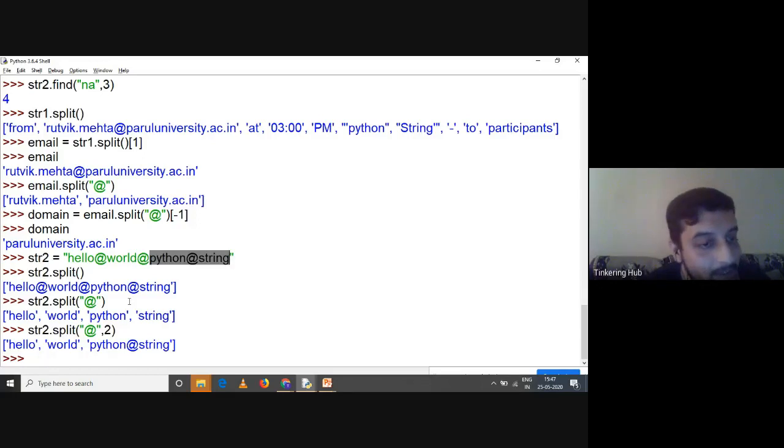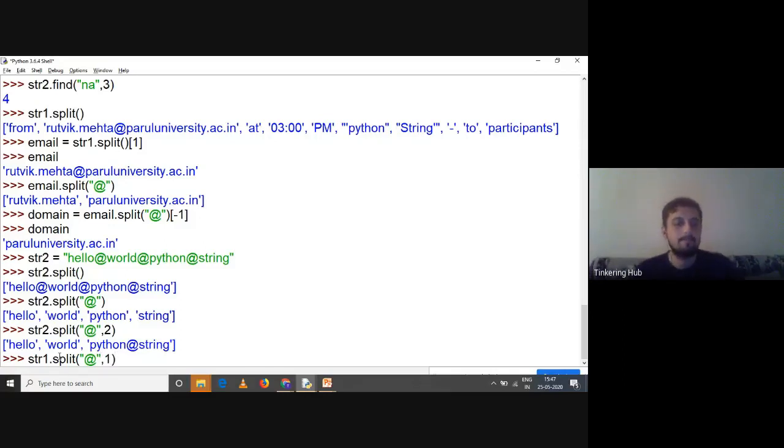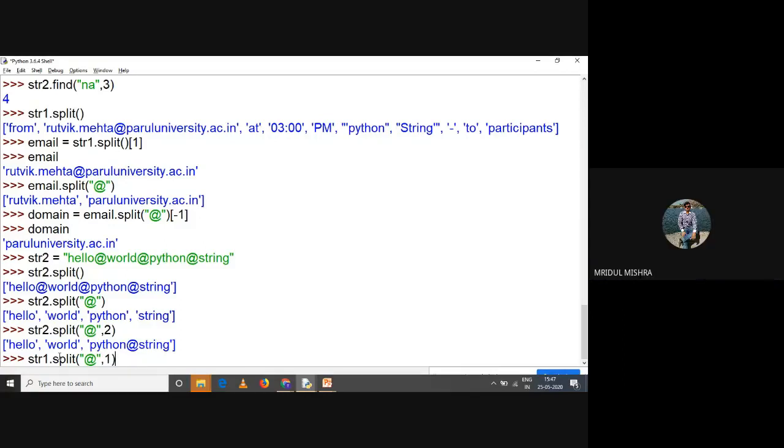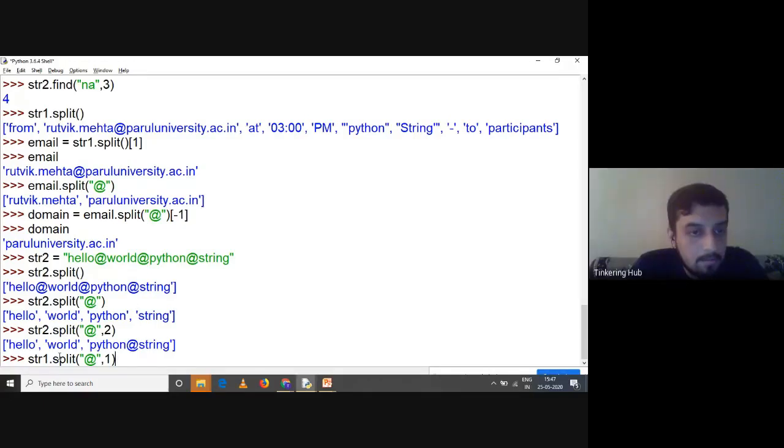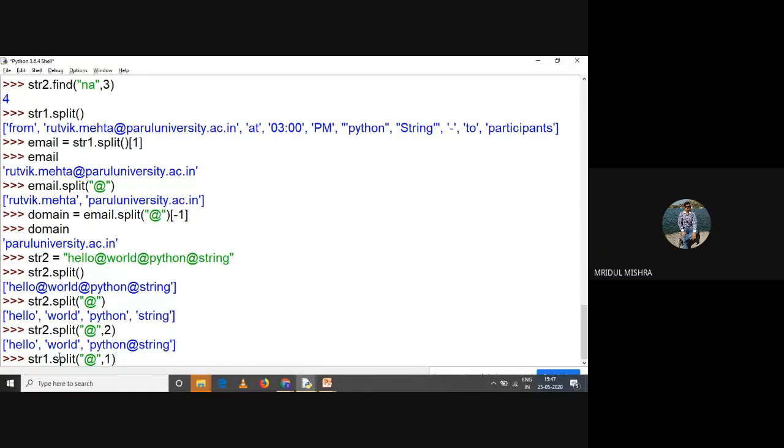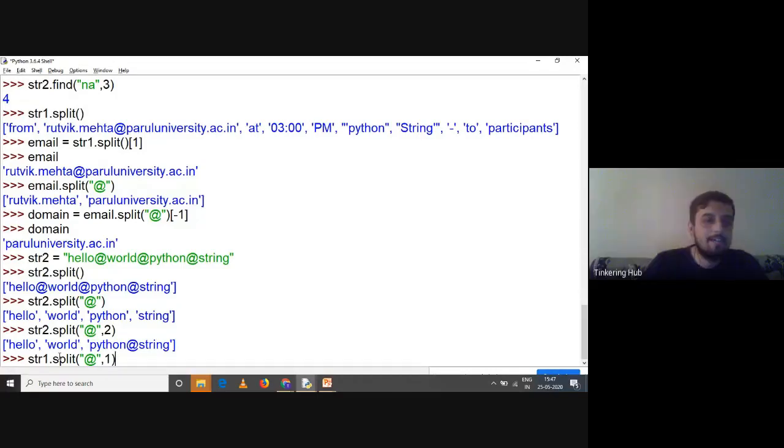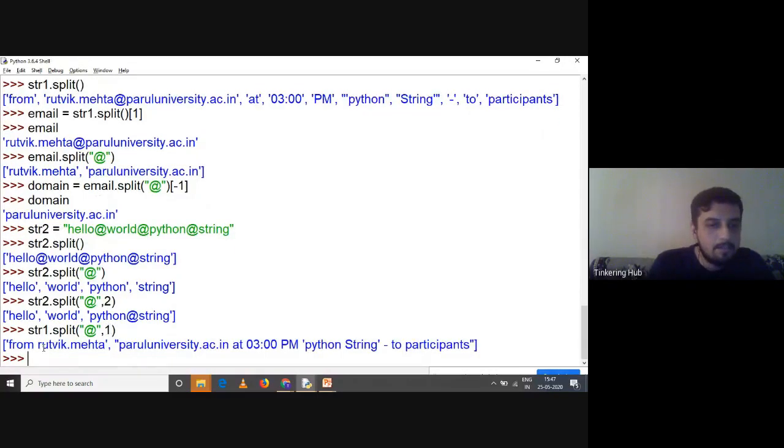If I did it once, what would the answer be, can someone tell me? If I call it like this, str1 dot split at the rate comma 1, what will be the answer? Hello, and word at the rate python at the rate string. Correct, right? Hello will be a separate element. Oh, this was str2, sorry. str2 dot split at the rate comma 1.